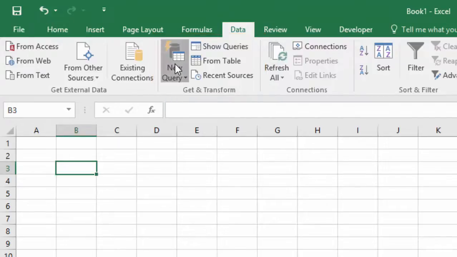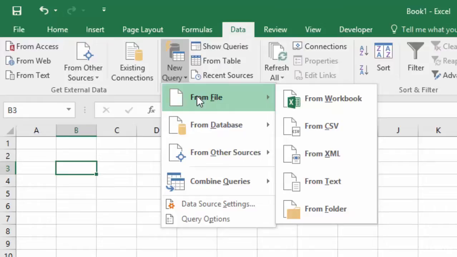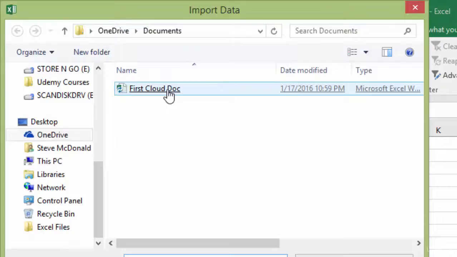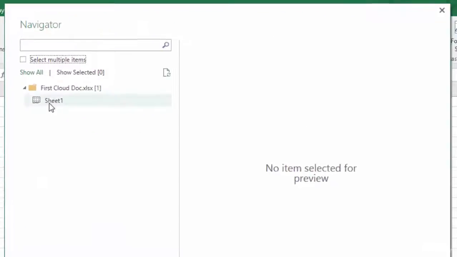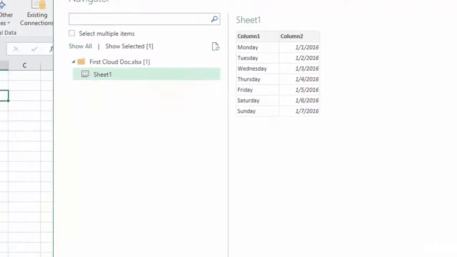So the way you use that is you just go to New Query, and then for example you can go to From File, and I'm just going to go grab some data from this workbook. So I can just select the document I want, and I just want to grab this sheet 1. So this shows the documents available, and in this case there's only one, and then it gives you the option to select individual sheets. So I'm going to click sheet 1. It shows me a preview of what's on that worksheet, and then I can click load,